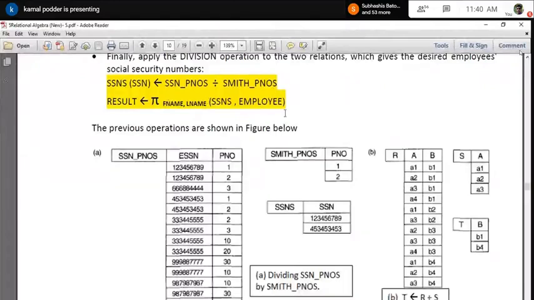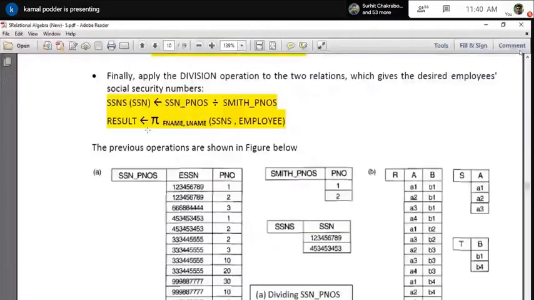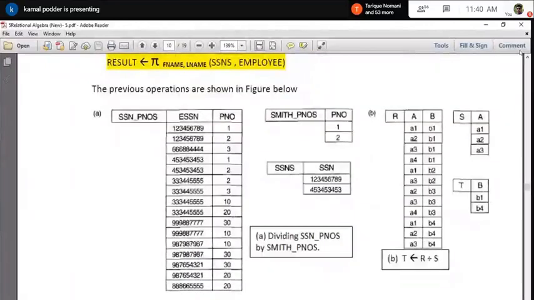Ultimately, if you try to represent this pictorially, as it is slightly complex, let's see. This is my works on table, where ESSN and PNO is my result set. That means it is derived from works on. From works on, what information do I have?